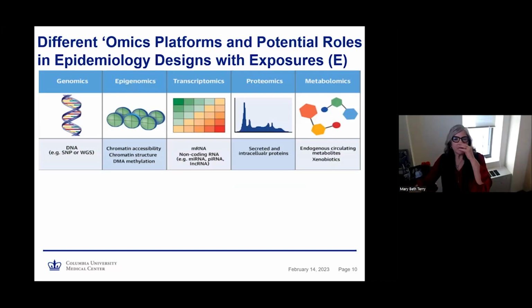I'd like to briefly discuss the role of omics to introduce the different platforms that will be discussed across the 2 days. Throughout this conference, we will hear about 5 major types of omic platforms. From left to right, we can think of the different omics platforms as a progression from DNA, DNA readout, RNA, protein, metabolites, and their role in epidemiology study design will be informed by when they are measured with respect to exposure and how they are measured, whether in peripheral tissue or in the tumor tissue.